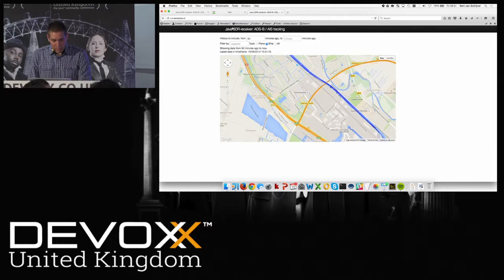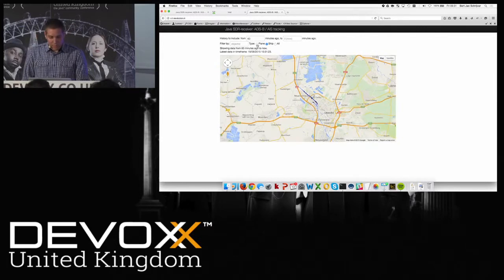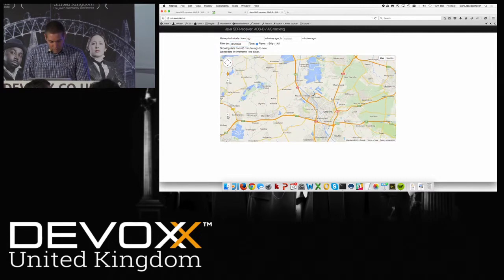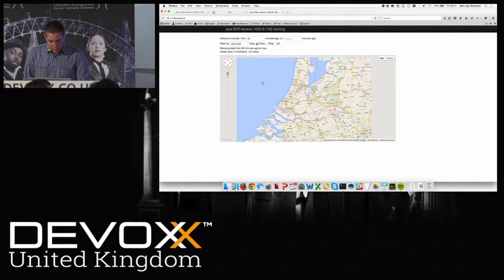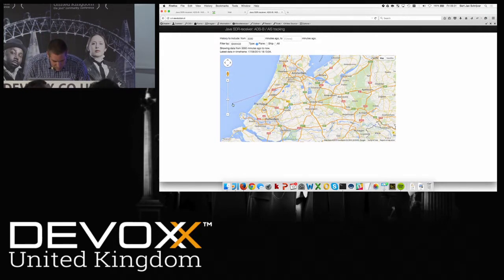So what would be fun to look up here? I came here by plane on Wednesday night. So I was on British Airways 433. So let's see if we can find it. Well, it certainly wasn't here in the last 60 minutes. So Wednesday night, that's like a few thousand minutes from now, right? Let's try 3. So here I am, sitting in the British Airways 433, and I was last seen at Wednesday 18:13, which is close to 15 minutes after I took off. So this proves that I was here by airplane, or not, depending on how you look at it.